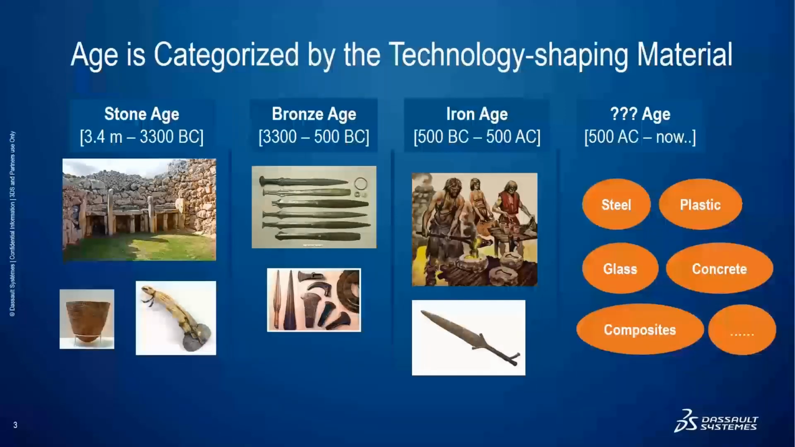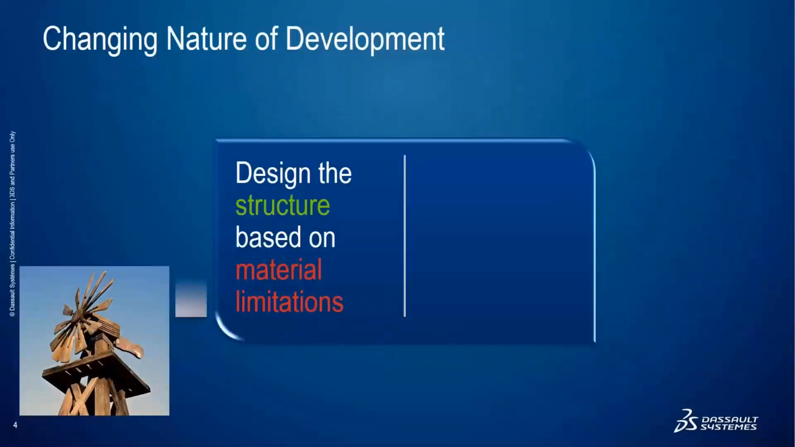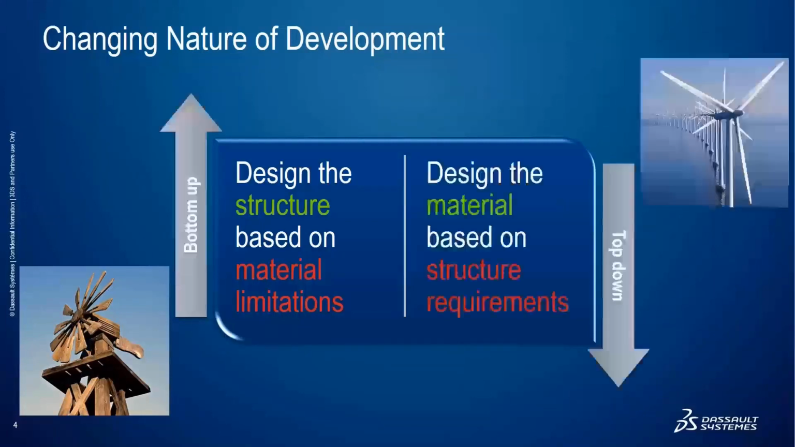Earlier, the material came first, so you had to design things based on that material only. That means if you have wood, you have to design something like a windmill. If you think of this, it is used for pulling water, and it could only be made of wood, because wood was the only material. But on the right hand side, which is now, you think of something you need to make